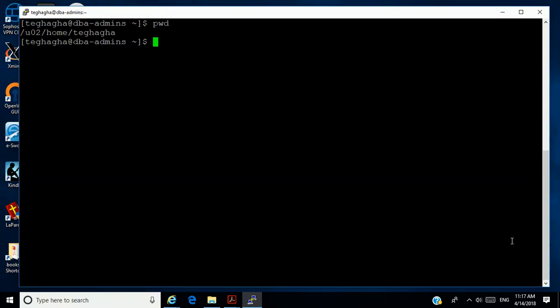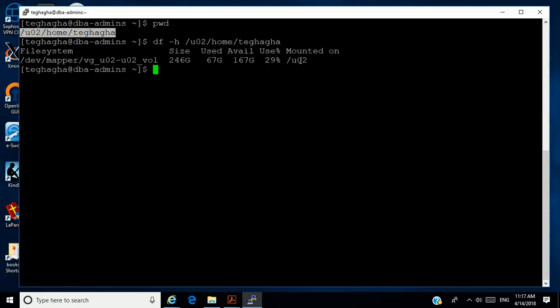And if I want to find out how much space I have on that disk, I'm going to say df -h, and it tells me I have 245 gigabytes of space, but I've used only 67, so I have 167 gigabytes, okay? So I can comfortably make a directory here, okay? Because this directory I'm going to make is going to be useful for the data pump utility, all right?